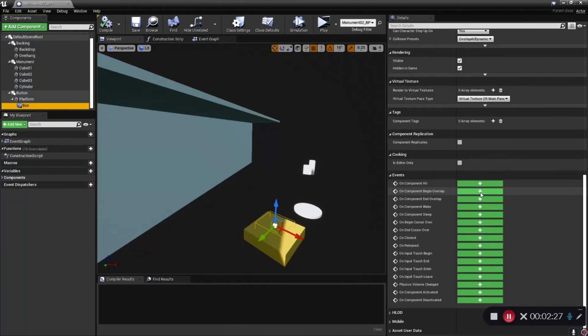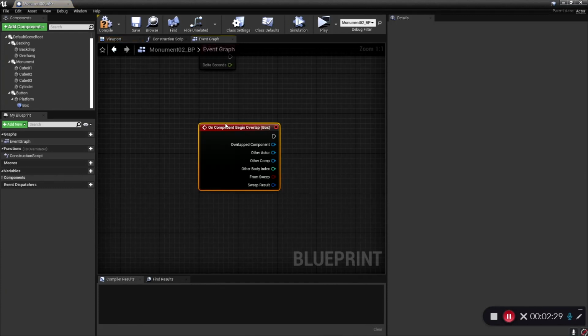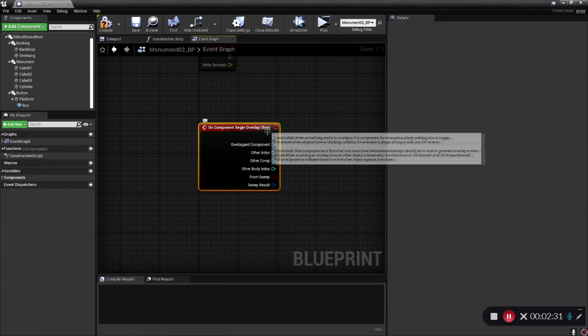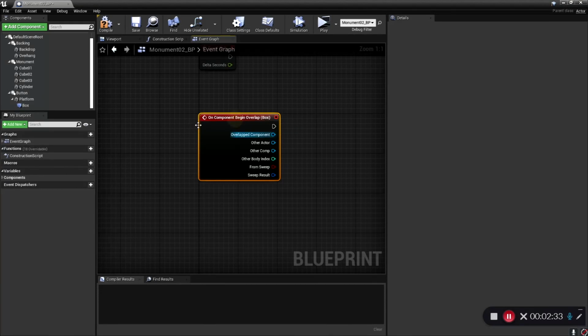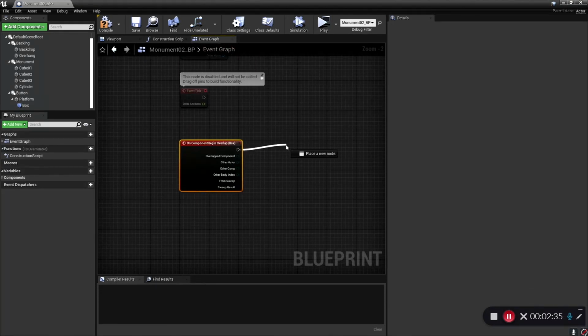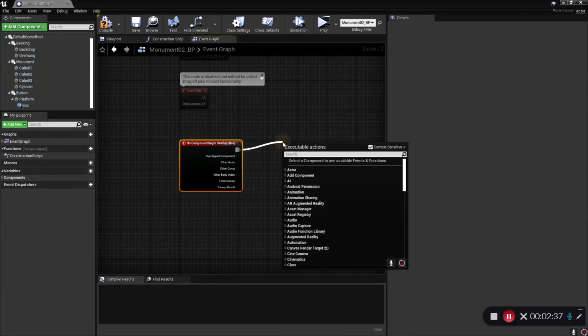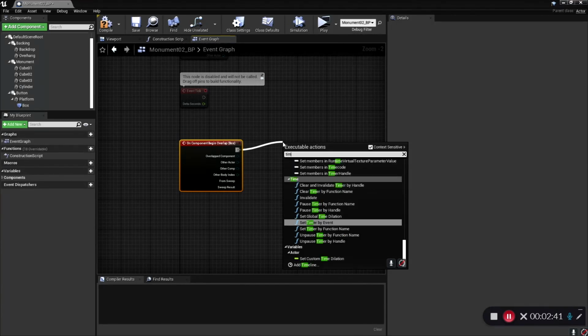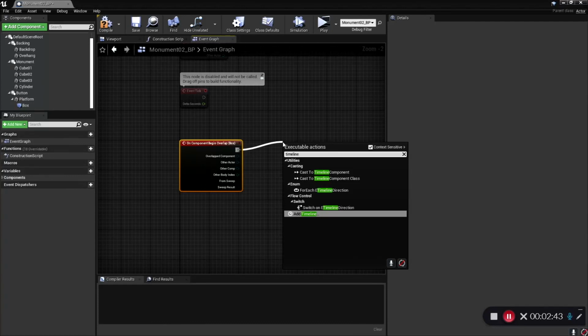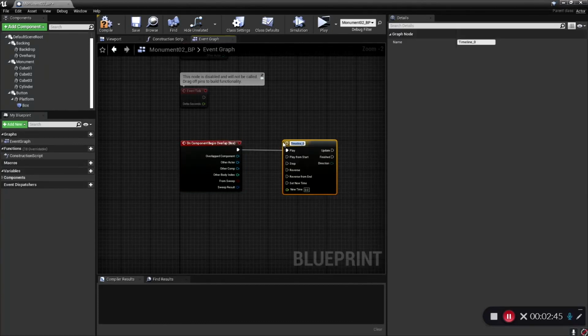And when I click that plus, it'll take me to my event graph and say on component begin overlap this box. And when I stand on it, it will fire this event off. And the first thing I'm going to do is drag out a little line from the execution button and type in timeline, because I like to work with timelines for my animations. Hit enter. I'm going to name it plus animation,